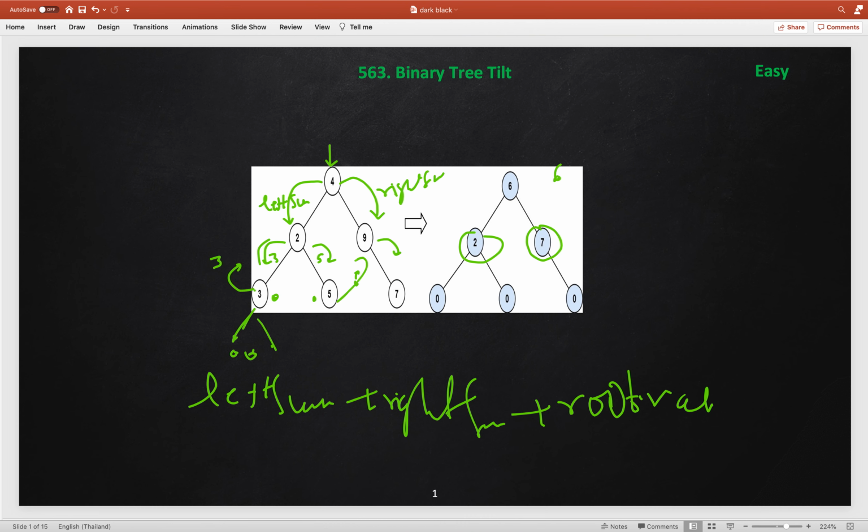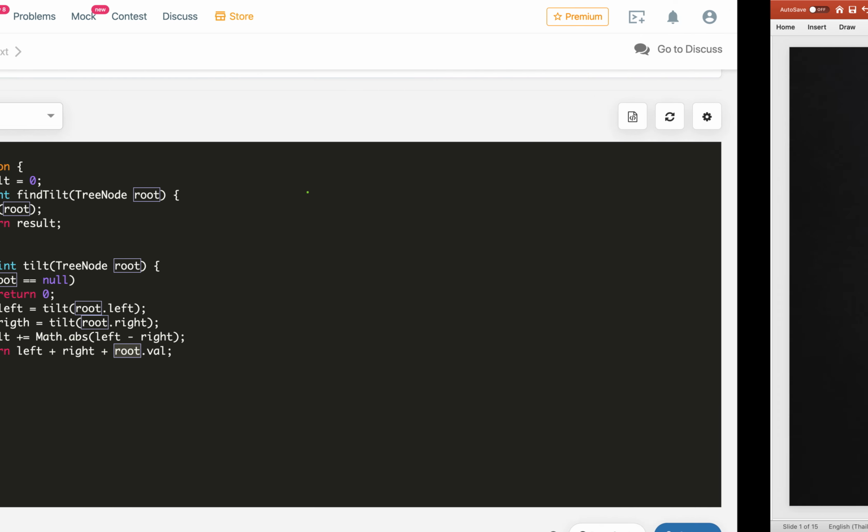Similarly, this node will return 5 to the parent, and the result so far is 0 only. Similarly, now we will calculate the difference from this. So we will add the tilt, 3 minus 5, absolute difference, which will become 2, and we will return 3 plus 5 plus 2 to the parent, which is 10, to this guy. So this is how it will work.